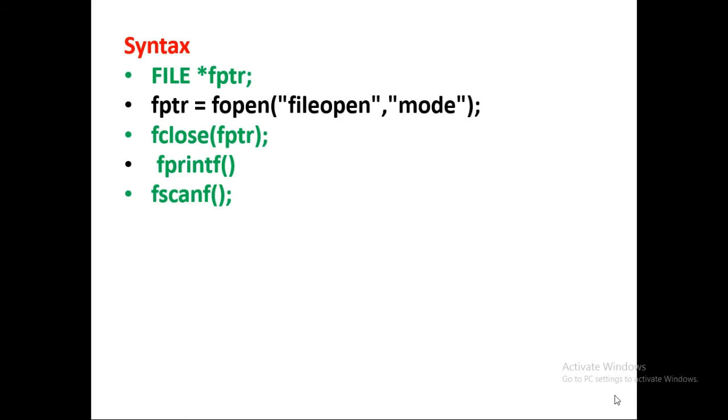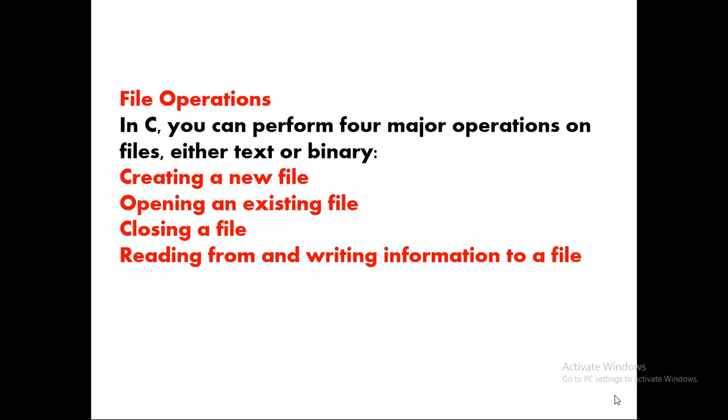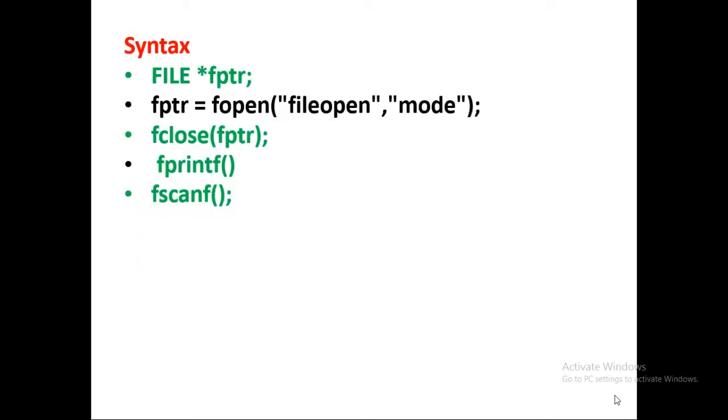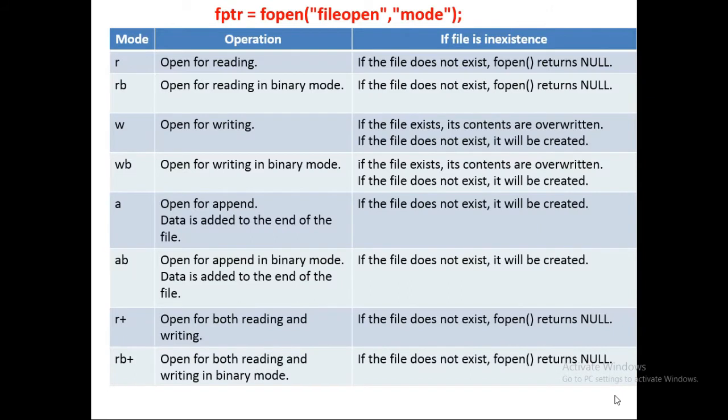Here, what type of mode: whether you are going to open in read mode, write mode, RW mode, or append mode, right? So these are read only or write only. There are so many modes. Then fclose: we already know that whenever creating a new file or opening an existing file, you have to close the file. So we are using this fclose. And then fprintf and fscanf: the same as printf and scanf in earlier classes in C programming, here we use fprintf and fscanf.